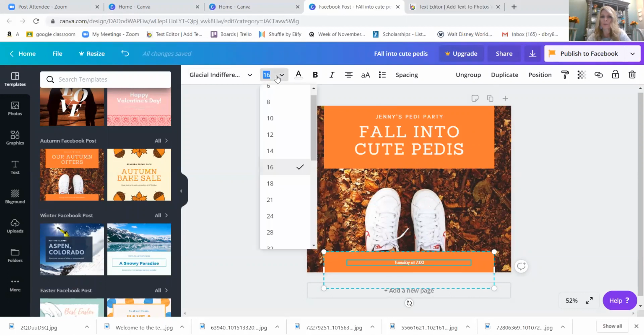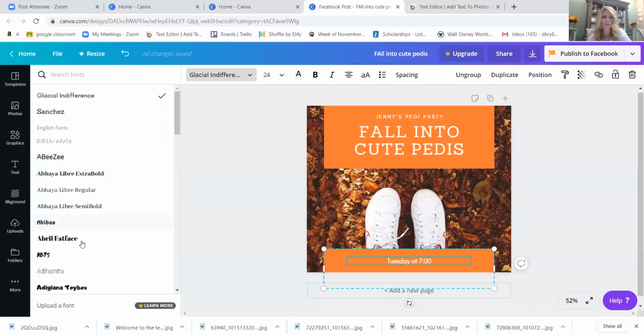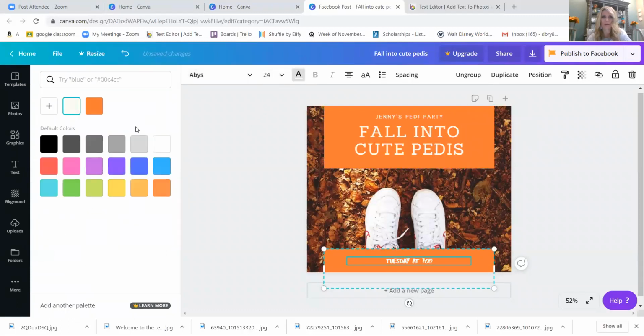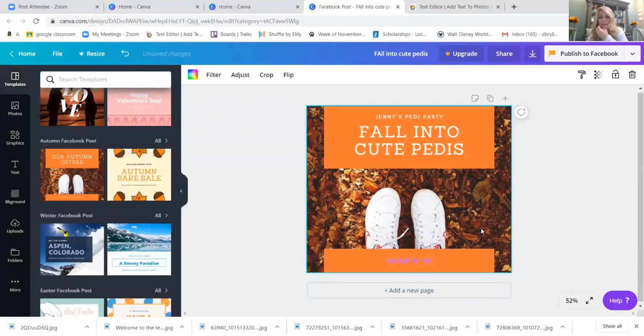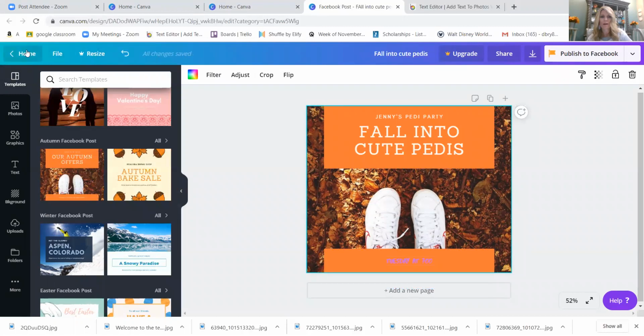Okay, now let's say I think you can't really see that. I could easily come up here, make my font bigger. I could change my font. So you can change what they have. That's totally fine. I could change the color if I wanted. And then if it's done, you come over to File, Save, and then it would save it into your, so if I did File, Save, now if I come back to, well, actually before I go to Home, I come over here to the arrow on the right,